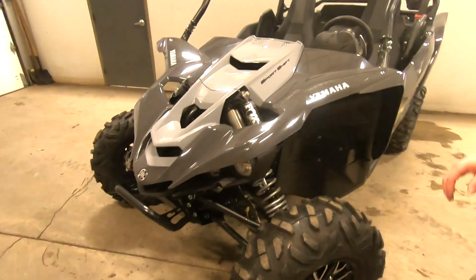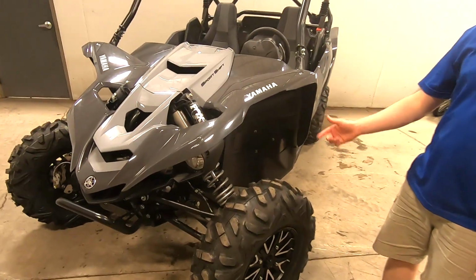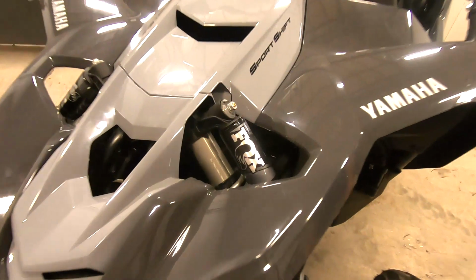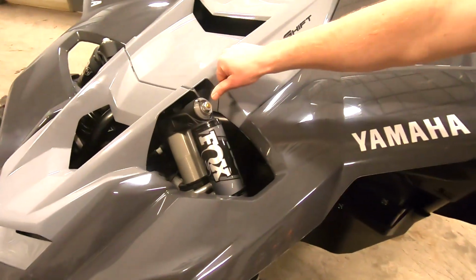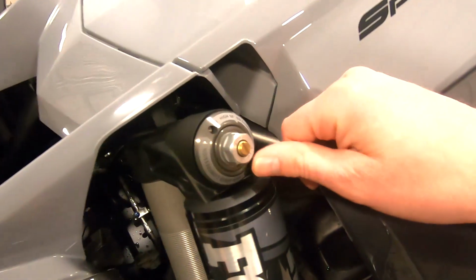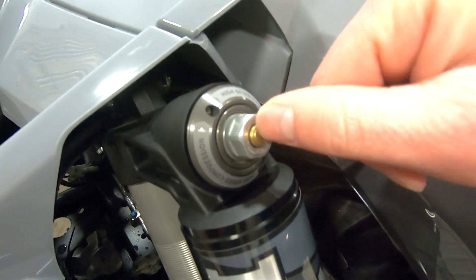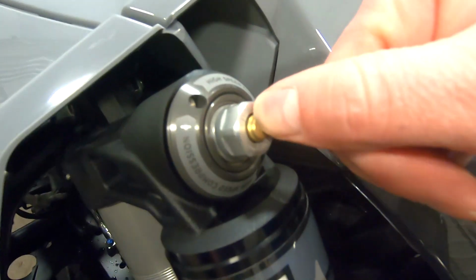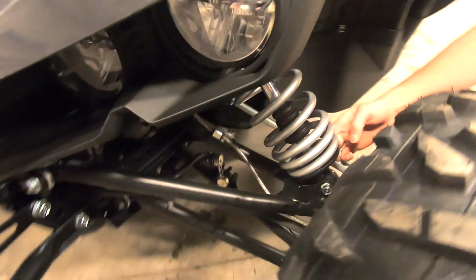Now, let's go with the suspension on this. This has got the Fox Podium 2.5 shocks that the Honda Talon had as well, but this one gives you a lot more adjustability. So right here, you've got your high and low speed compression. Your high speed is this outer one, and the low speed is this inner one. You've also, on the bottom of this shock, right here on the back,